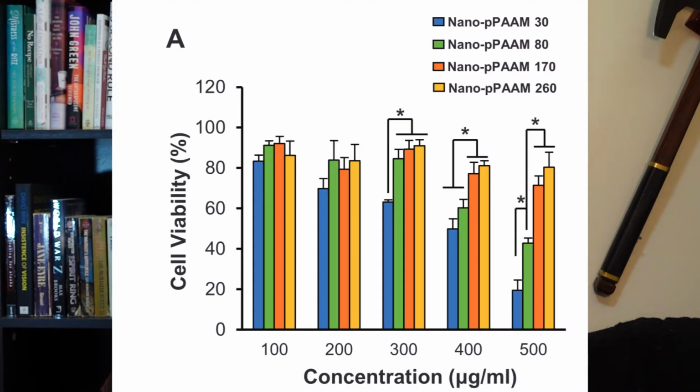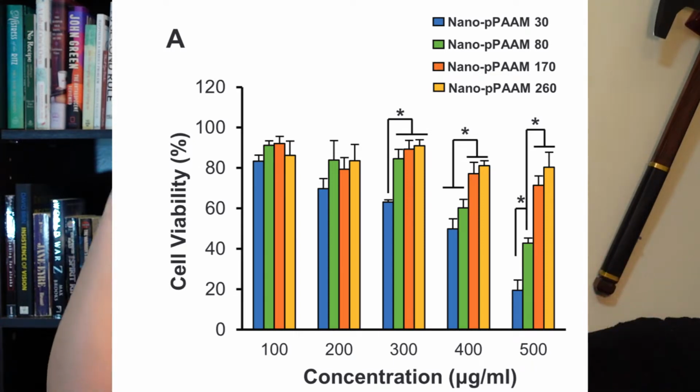Now that they know that phenylalanine will do the best cancer murder, they test my assertion that small nanoparticle is best nanoparticle. So yeah, you can see that 30 nanometer blue line get progressively more murderous at higher concentrations, with the 80 nanometer one following that same pattern but being less murderous on all counts. The 170 and 260 nanometer ones hang out at approximately the same rate if you look at the overlap of the error bars. They get a little bit more murderous at the high concentrations, but not much at all.